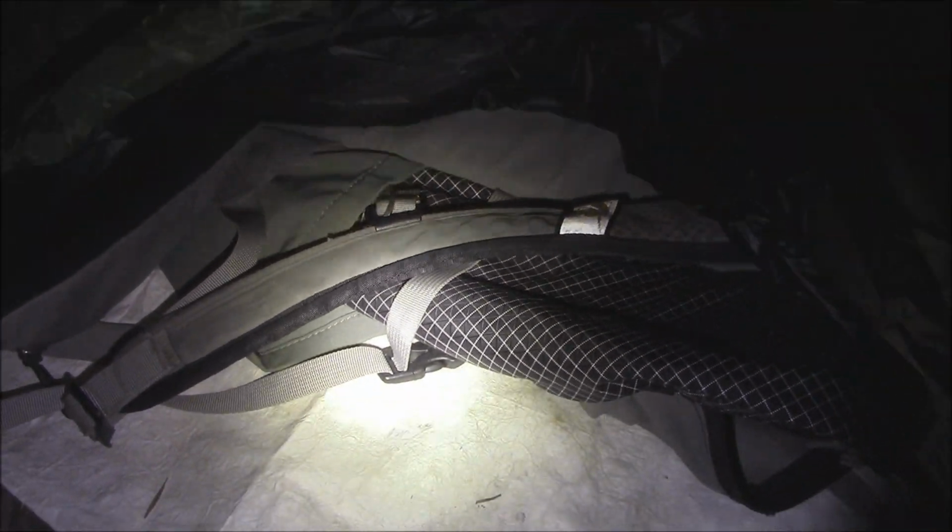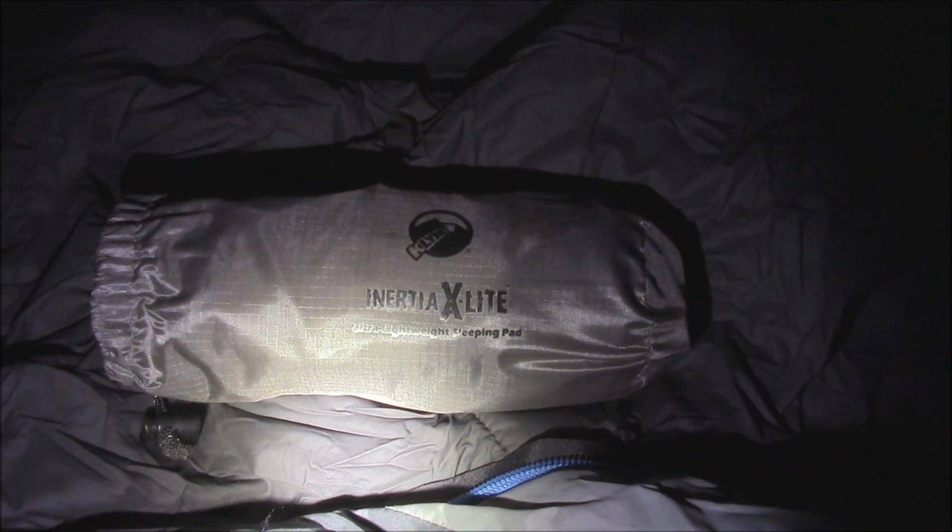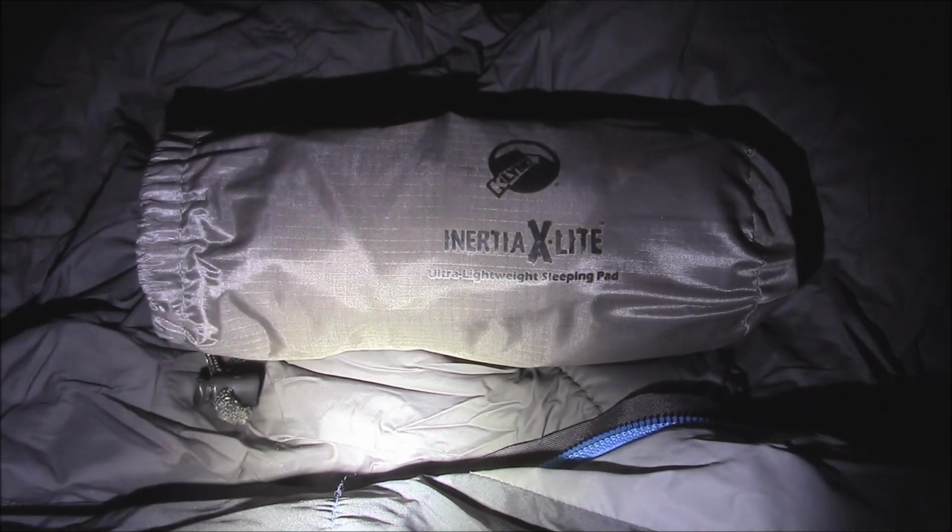I got that 6-ounce bivvy. Only reason I got that bivvy is because of scorpions. But I got my jam pad under the bottom. You see that on the outside? It's wet from the sweat, so that will give it a chance to dry. And then on the top, I'm going with this Climate